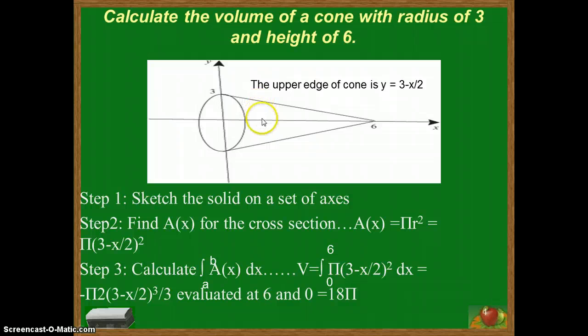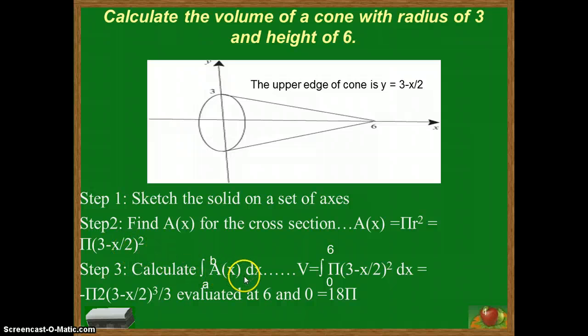As you can see, if this is the center line, the radius is always going to be whatever the y value of the function is, namely 3 minus x over 2. That's true here at 3, and that would be true way down here at 0, because if I put 6 in for x, do I not get the radius of 0? So what we need to do is square that radius, because pi r squared,